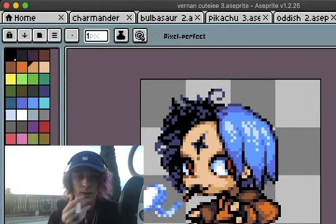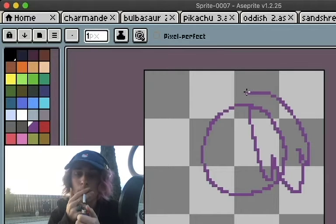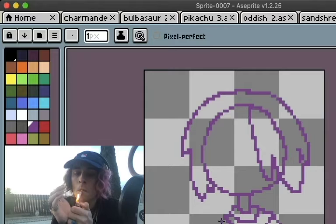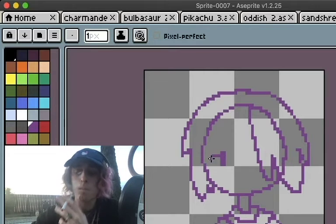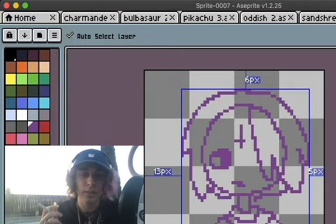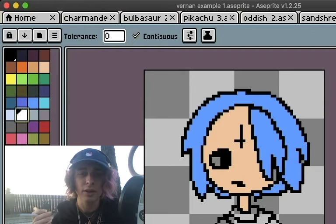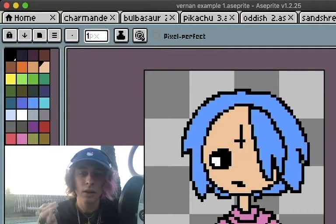So I started, here's how I make a sprite, right? This right here is just the underlayer, and I like to save that on its own, fill the colors in. I like to do that first. And then I start shading stuff,